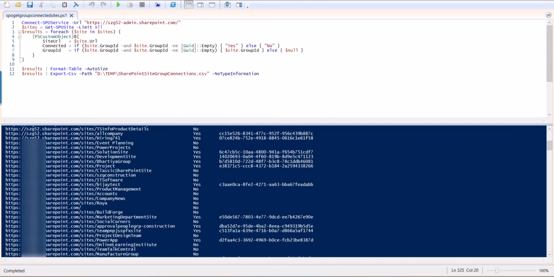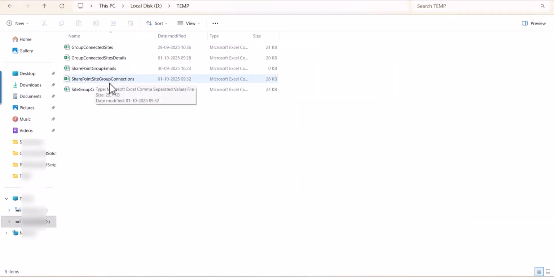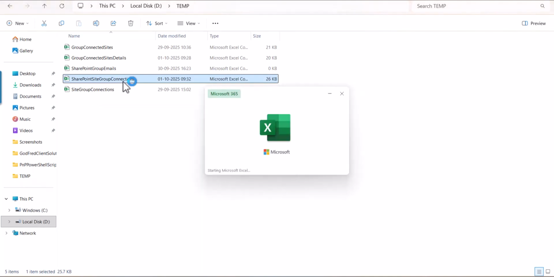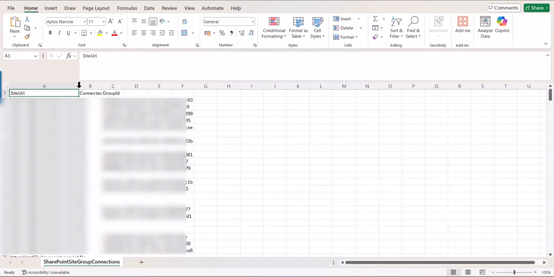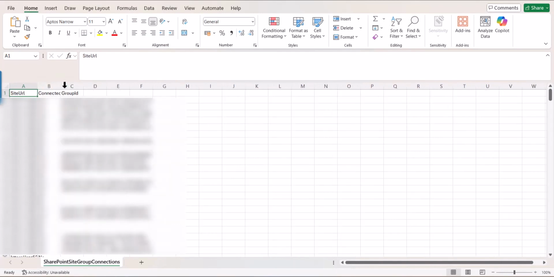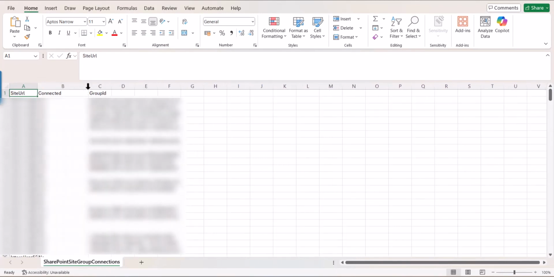Now we will check that folder once. So here you can see SharePoint site group connections. If I open that Excel, it is the same thing. Whatever we have retrieved in this terminal pane, the same things are present here. So this way we can easily get all the SharePoint sites which are group connected and their group IDs, and